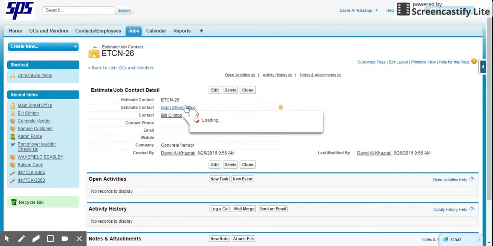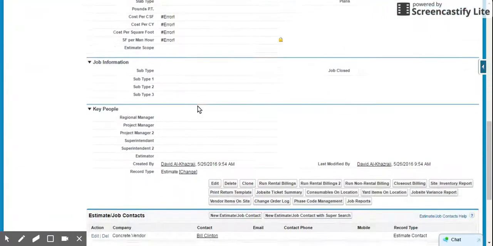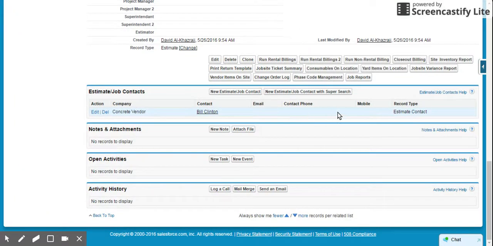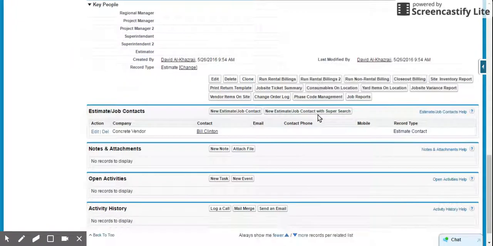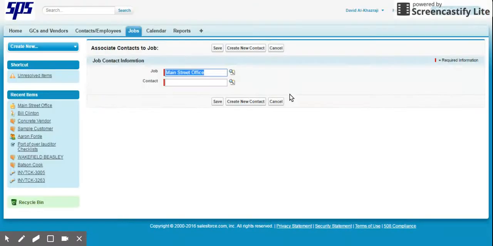And if you go back to the estimate, you'll see that Bill Clinton's information, although I didn't fill it out, has been tagged to this particular estimate. Let's go one step further. Say I want to find a Texas, state of Texas, but I'm looking for a concrete vendor. We have quite a few concrete vendors to choose from. I'm going to select Randy McCurry